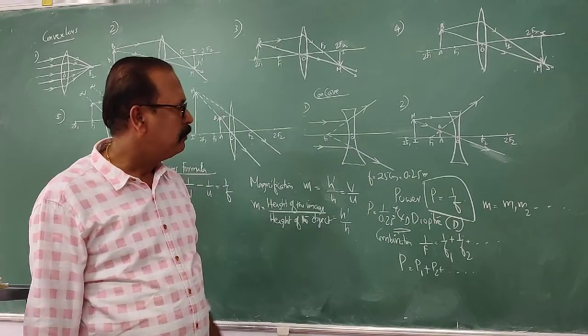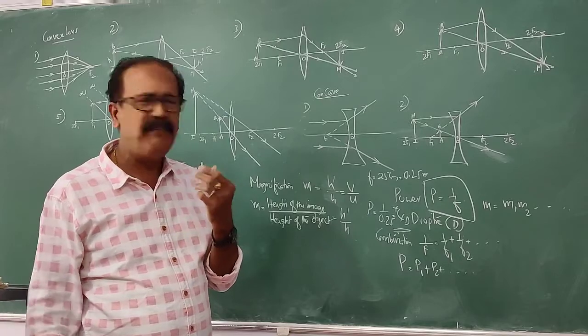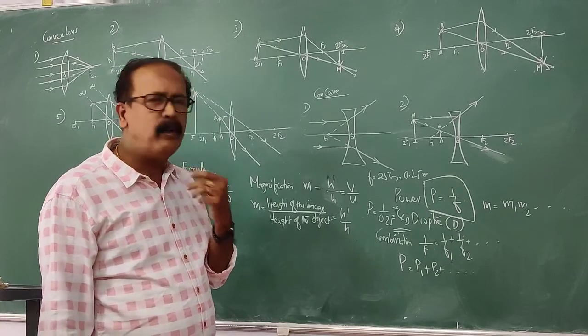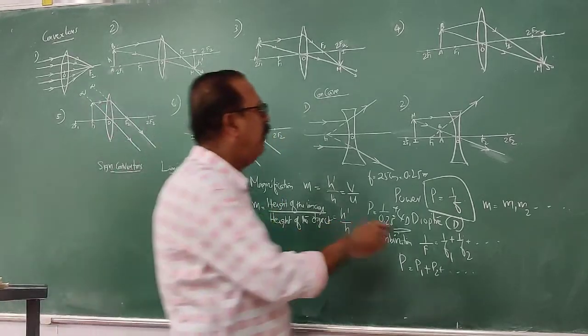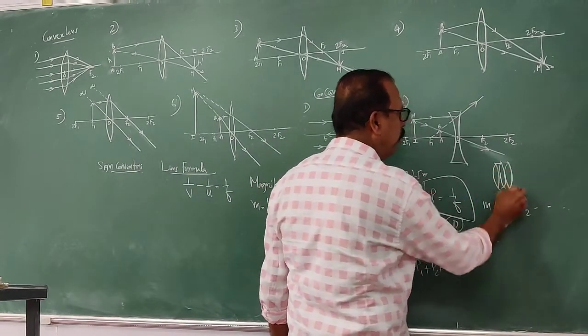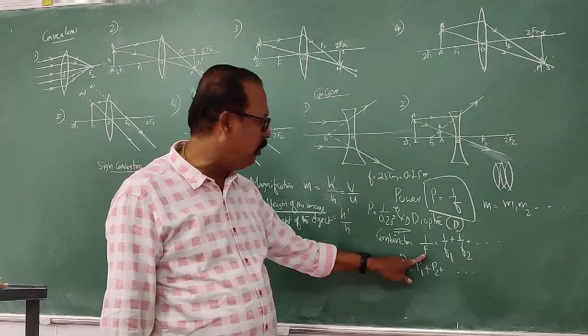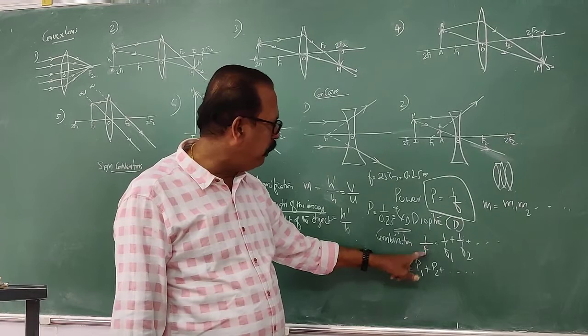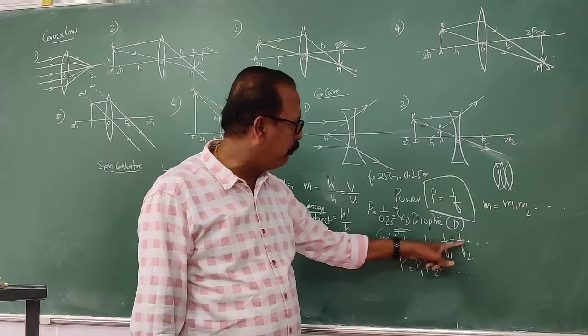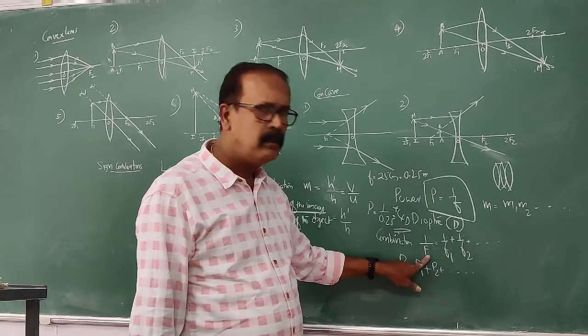Now we will finish with one or two points, that is given as additional points. When you combine lenses, say so many convex lenses are combined, one, another one, two, three, like that, the total focal length will be given by this formula: 1 by f equal to 1 by f1 plus 1 by f2 plus etc. Okay, this is the rule.